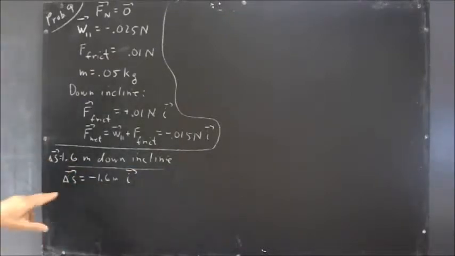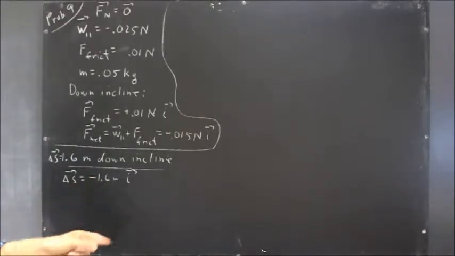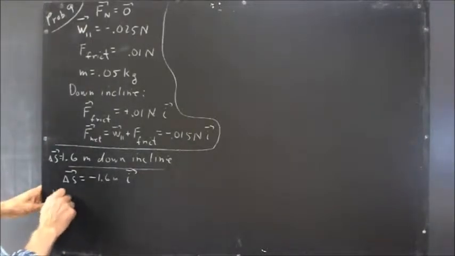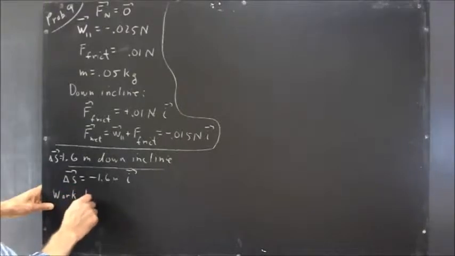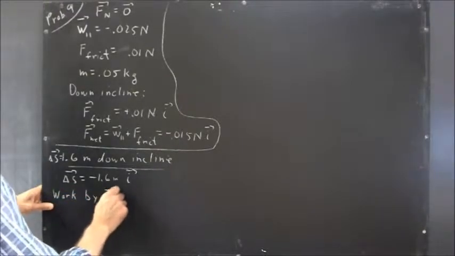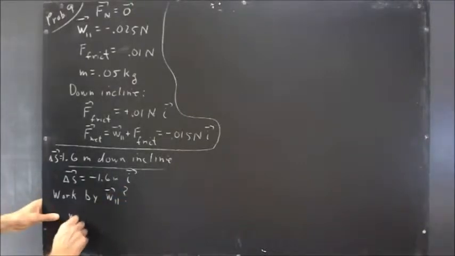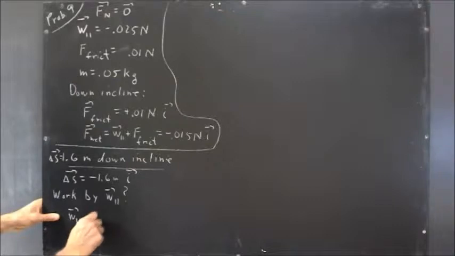Okay, now delta S is negative 1.6 meters times I then, because down the incline is the negative I direction. If you recall the picture from the preceding video, and if not, go back and take a quick look at it. It's right there at the beginning. Okay. So delta S is negative 1.6 meters times I, and we ask the work by, what's the work by W parallel? Well, it's W parallel dotted with delta S,